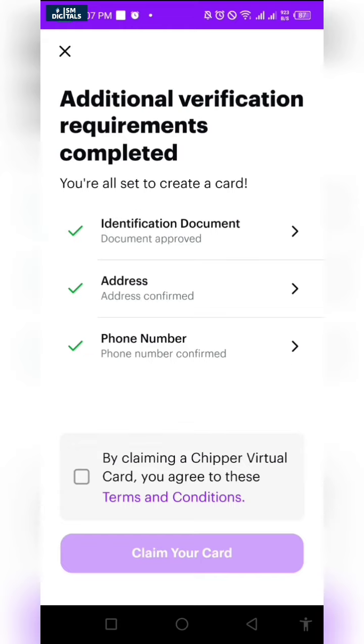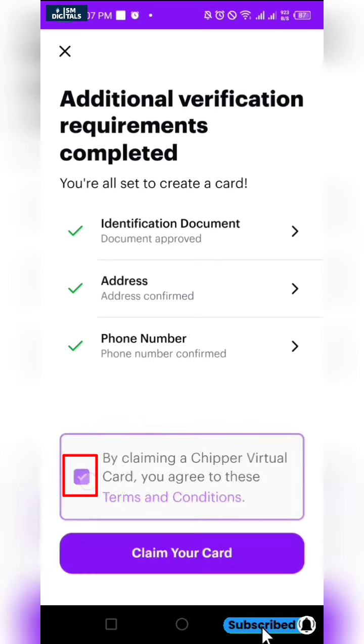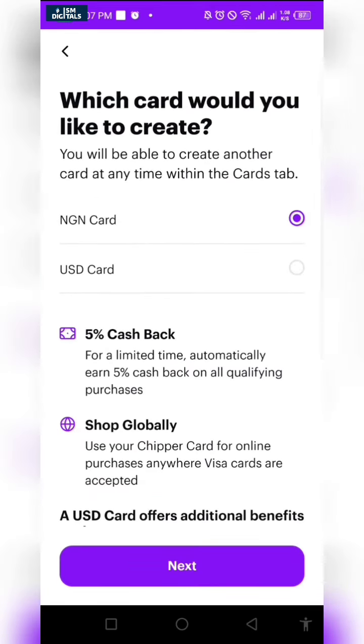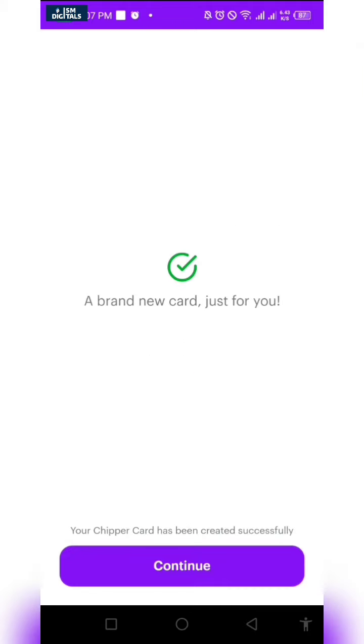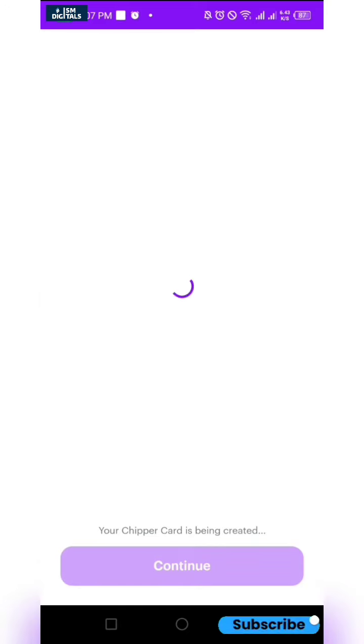number. You can read the terms and conditions, and if you agree to them, just click on this tick here and click on claim your card. Then you can select whether you want an NG card or a USD card. Okay, so just click on next, and your card is ready. Just click on continue,